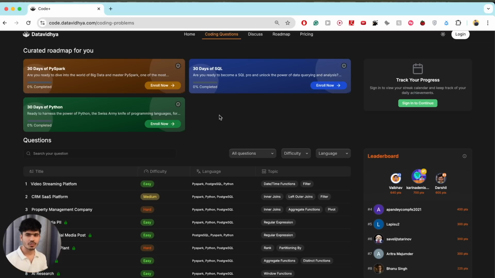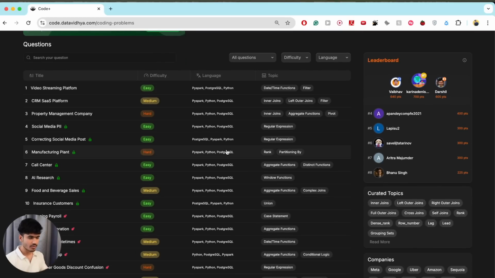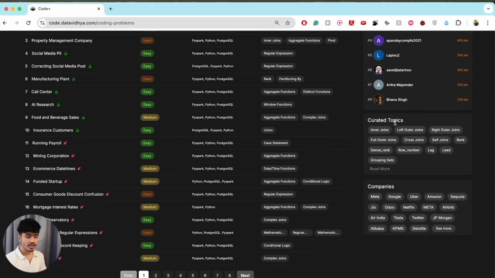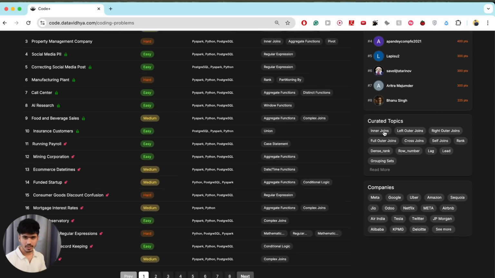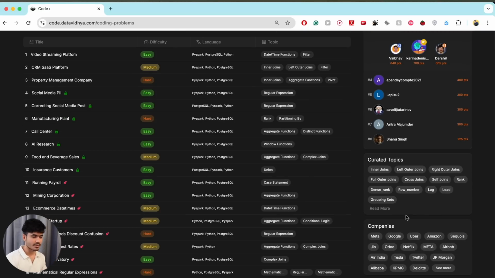If you want to solve more questions, like let's say 3 to 4 questions a day, you can also come here and start solving as per your difficulty, language, or depending on the filters you have. So if you want to solve the inner join question, you can do that. If you want to work on row number or cross join, a specific concept, you can do that. If you want to prepare for specific companies, we also have a lot of company questions. You can also do that, right? We'll be adding more, but this is just a starter.